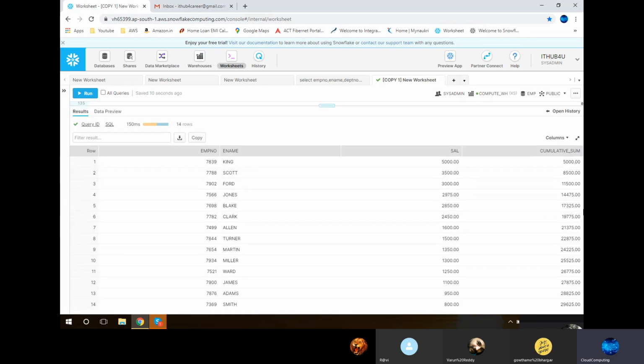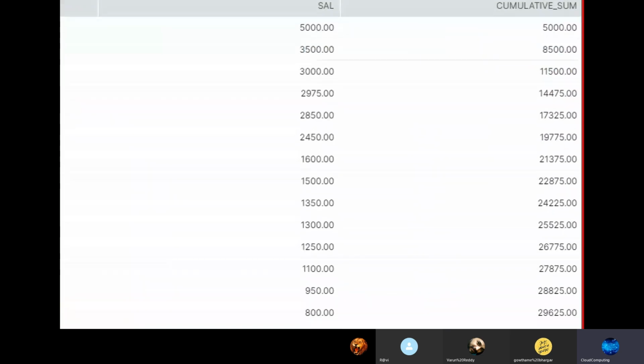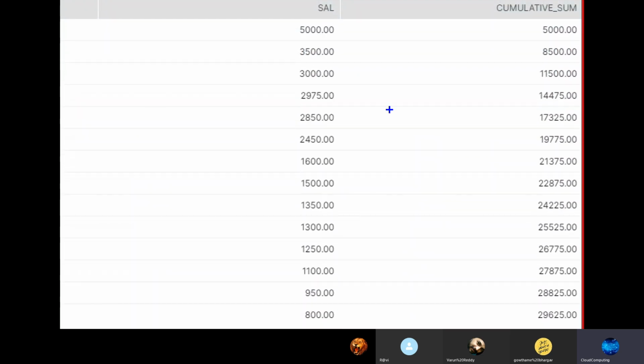If you see the output, you can easily understand what exactly it is doing. Just observe these two pieces of information. One is the salary, and the other is what we are calling the cumulative sum. Some people say running totals.